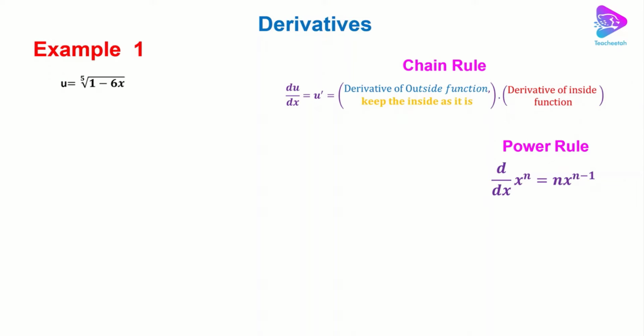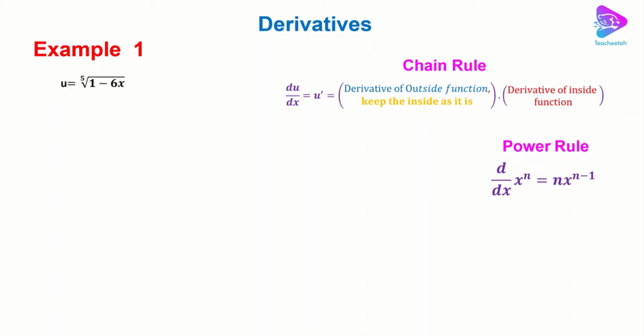Hello guys, last week we discussed the chain rule and I solved a few problems based on this rule, and some of you asked for a few harder problems. Today I'm going to solve a few harder problems based on this rule. As you remember, when we are dealing with a complicated function and we want to take the derivative of that function, and the function has an outside function and an inside function, we have to take the derivative of the outside function and keep the inside as it is,